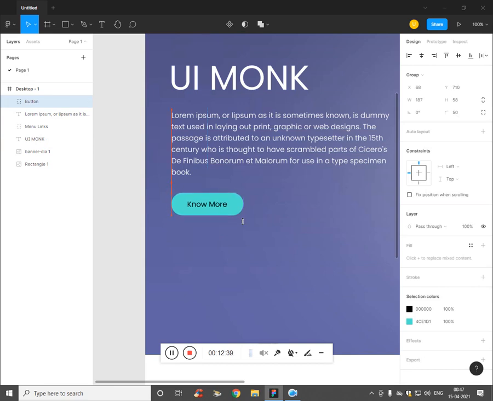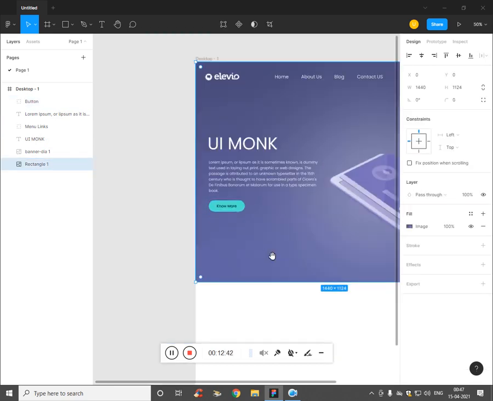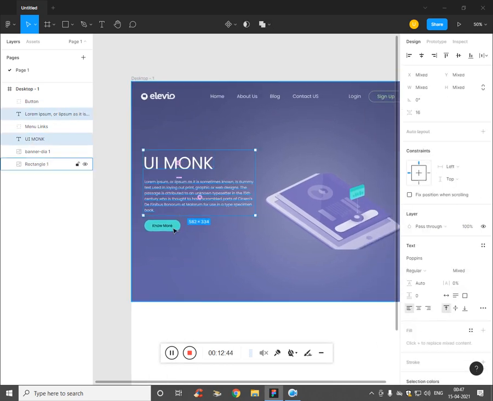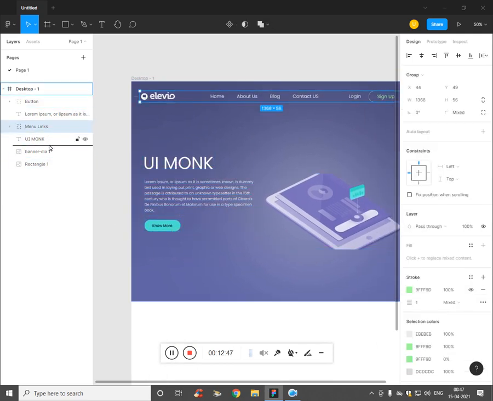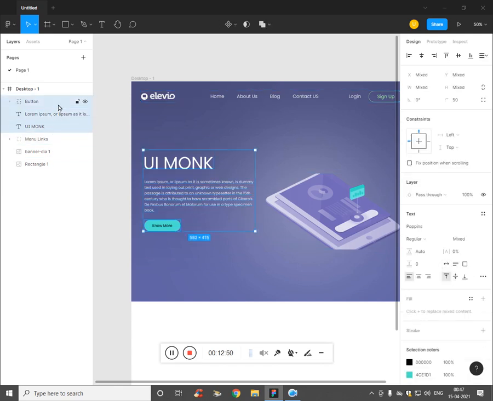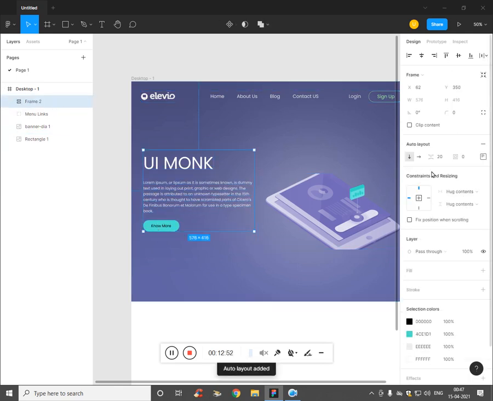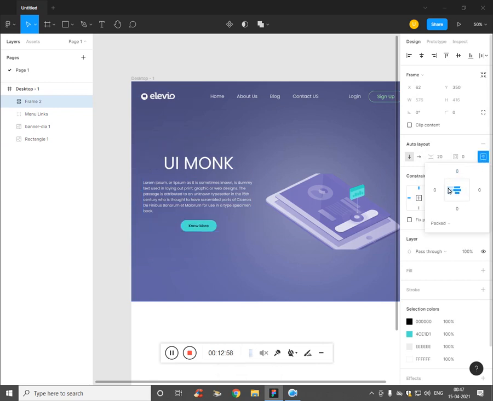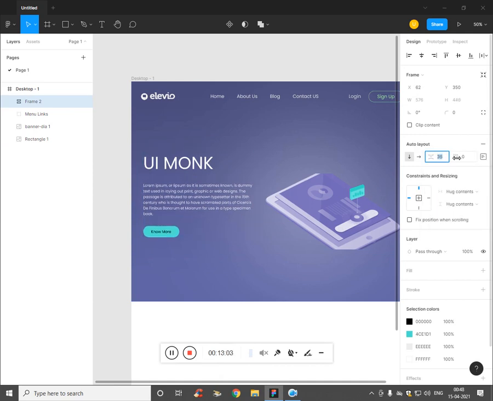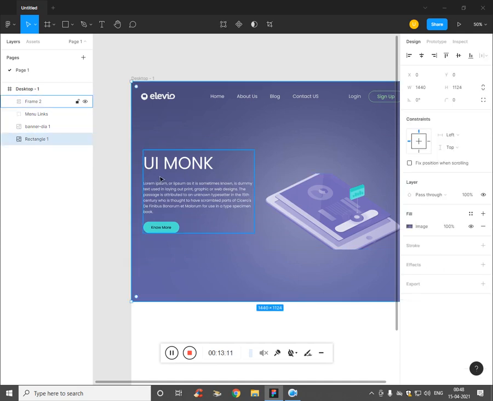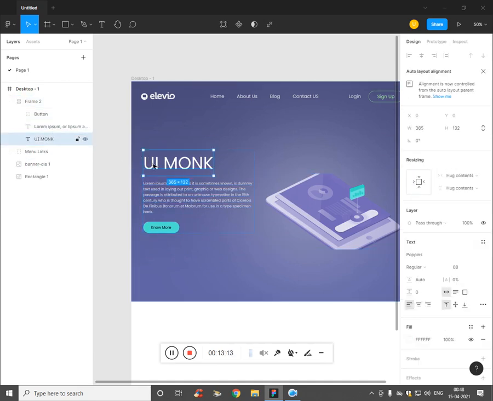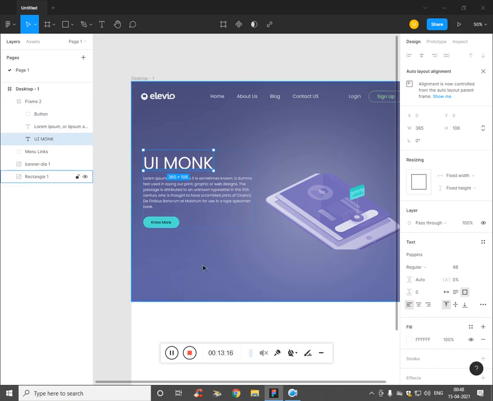Press V. Now select these three and press Ctrl Shift A to get the auto adjust panel. Now you see we'll make it as center. We don't need center, we'll make it as left. And if you want to add spacing, you can add spacing just by increasing and decreasing the text box number. That seems alright. Let's select the text, and you can decrease it.